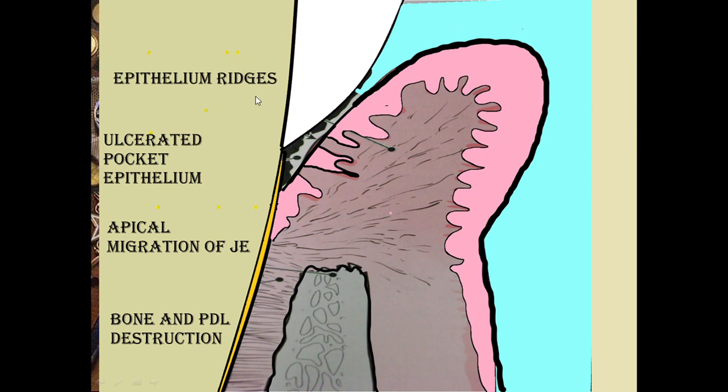Now, as inflammation progresses further, see, epithelial further finger-like projections are there in the junctional epithelium. Moreover, ulceration is seen over here. See, over here the break in the continuity of the epithelium is there. These are micro ulcerations of the pocket epithelium. And there is apical migration of the junctional epithelium from the cemento-enamel junction, moving apically because of two mechanisms, one that is taking place in the epithelium and underlying connective tissues.